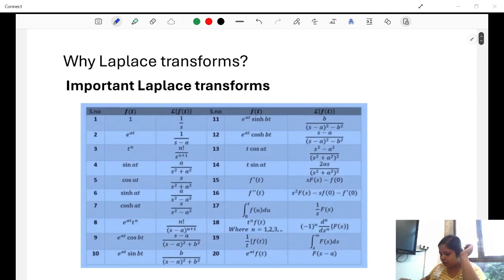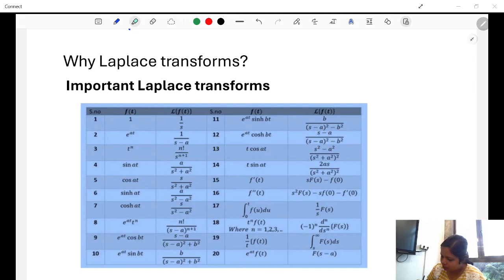Before that, I hope with the practice in the last session, you are already familiar with the Laplace transforms. So the most general Laplace transforms are here, and I think even for the questions later on, we'll need some of them. Please take a screenshot or a snap of this Laplace transform table. We'll be using them throughout the session to solve the questions. So the important ones are